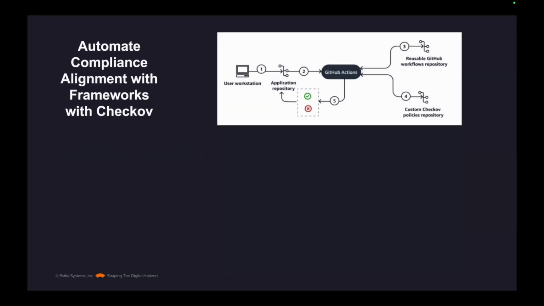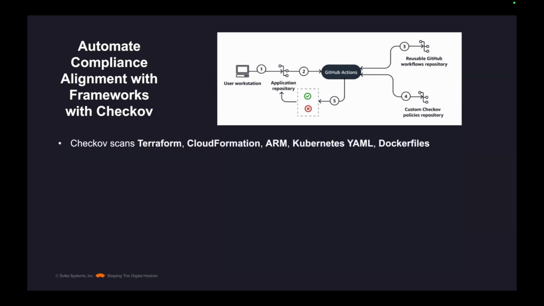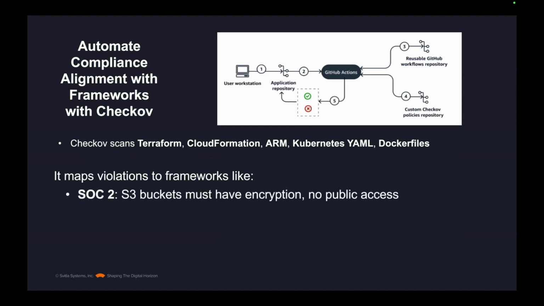So in a normal workflow, we'll push our code to GitHub. With GitHub Actions, using Checkov, we can scan our Terraform code. We can scan also CloudFormation, ARM, Kubernetes YAMLs, and Dockerfiles. And once we scan that code, we can apply policies to let code go into production or not based on policies that we define as a company. So this tool can map its reports to SOC 2, for example, where I included some points they check in their auditing